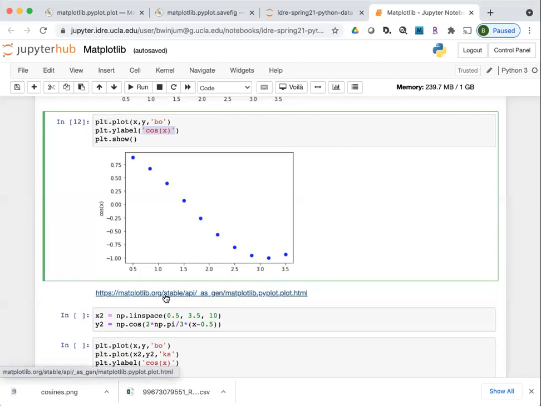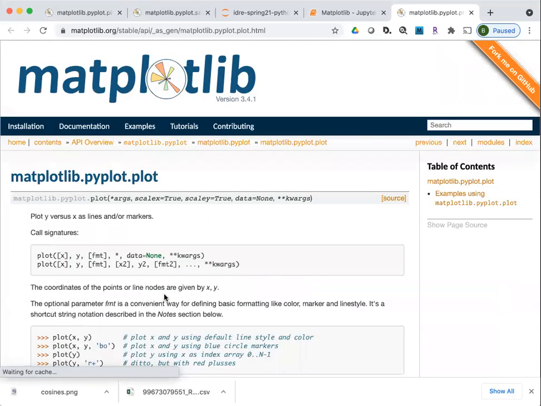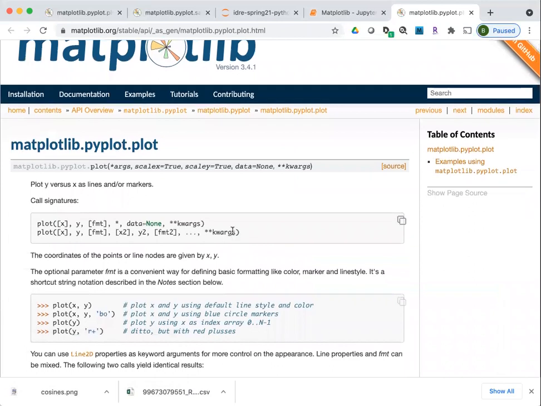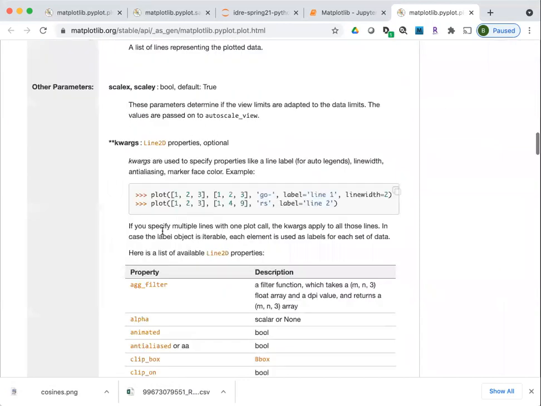So here, if you go to this link, this now is taking you to documentation for the Matplotlib library, and specifically for this plot. Remember, this matplotlib.pyplot was our plt alias, so plt.plot is what's represented here.